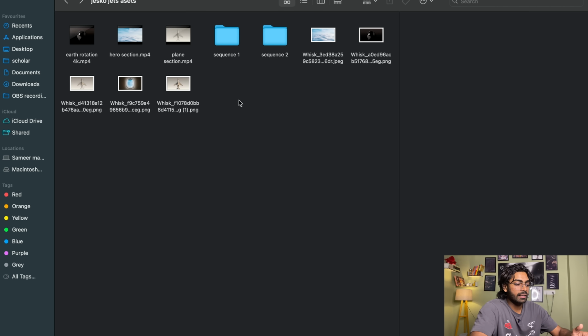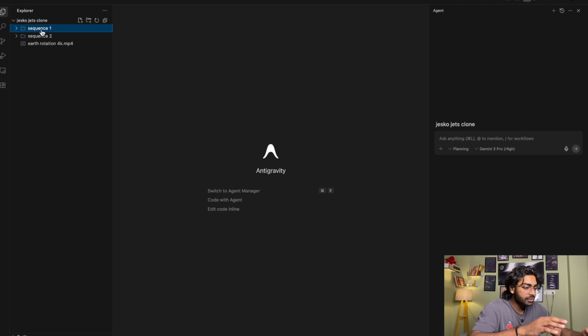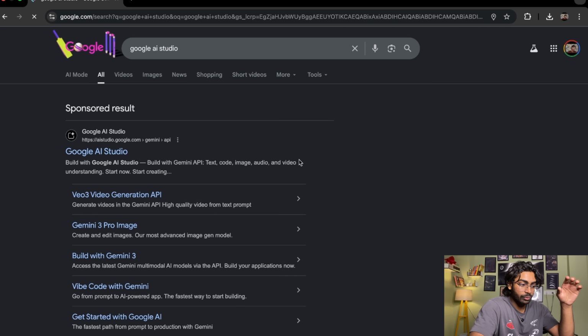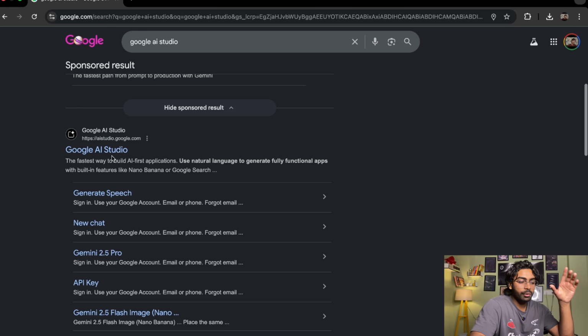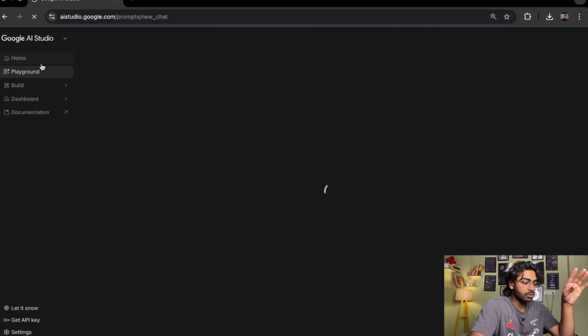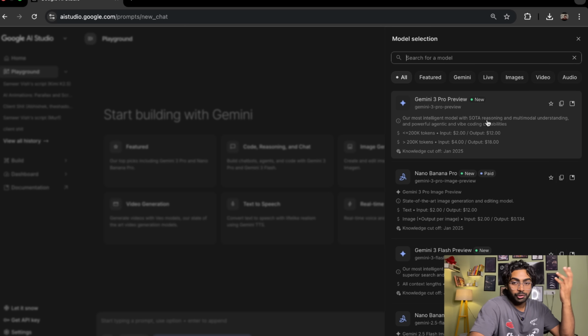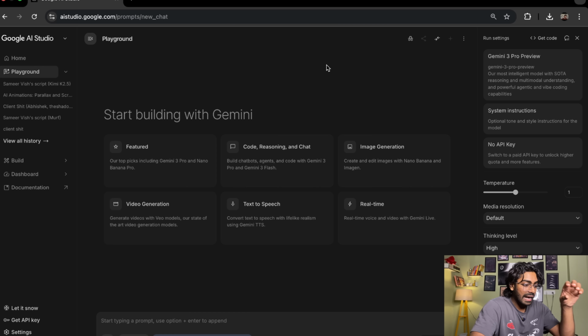Now we need to create the blueprint that tells the AI how to put all of this together. But we can't just throw these files to Antigravity and say build this website. We need to create a professional blueprint first. For that, I'm using Google AI Studio with the Gemini 3 Pro model. You can use normal Gemini or ChatGPT also. The reason I'm using this is the massive context window and the power to control anything. It can analyze our original screen recording, understand our asset plan, and generate a comprehensive set of instructions all